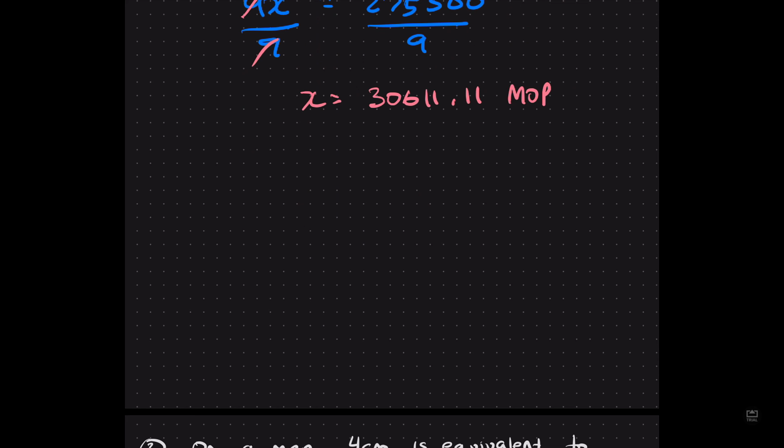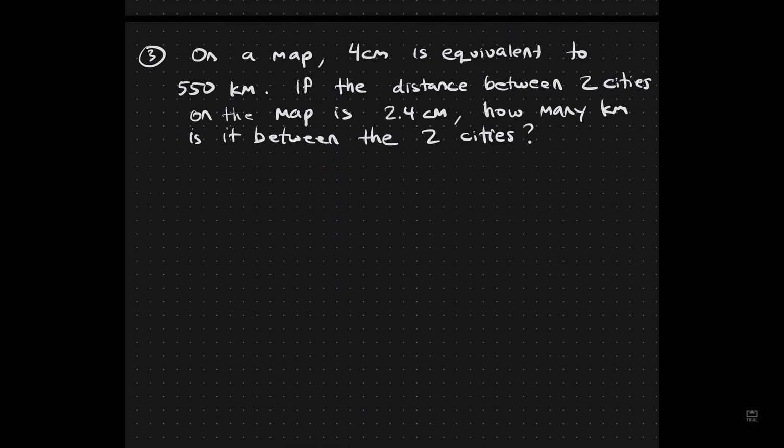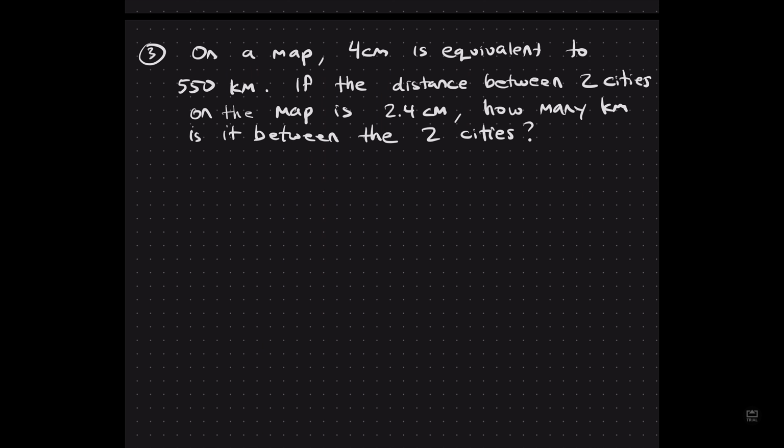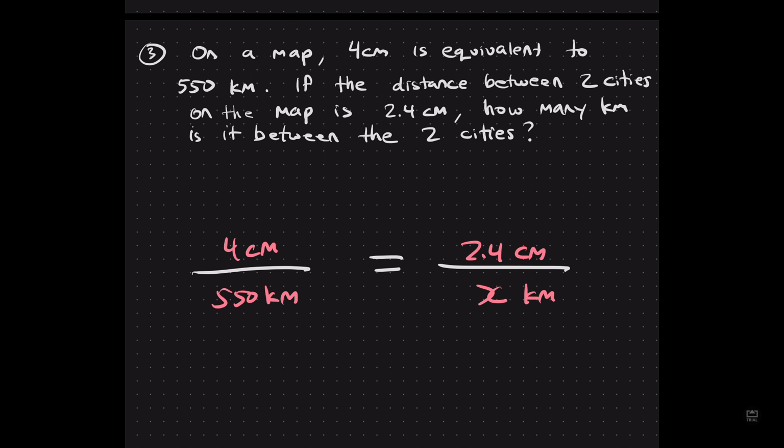Okay, now it just basically follows the same type of scenario every single time. So we know we're doing proportional reasoning. Equals, line. On a map, 4 centimeters is equal to 550 kilometers. If the distance between the two cities on the map is 2.4 centimeters, how many kilometers is it going to be? Cross multiply. 4x equals 550 times 2.4,